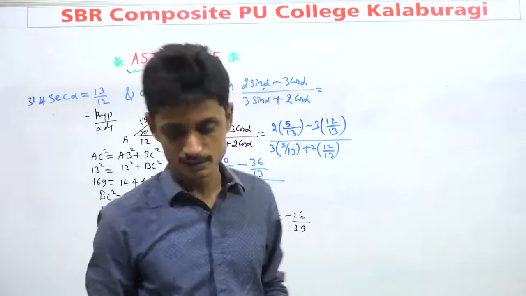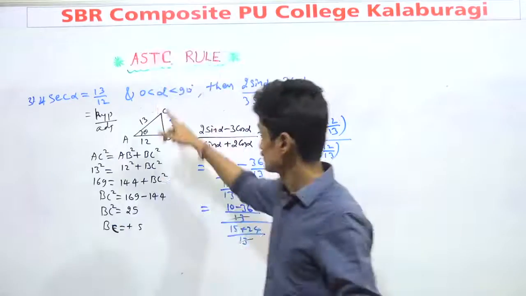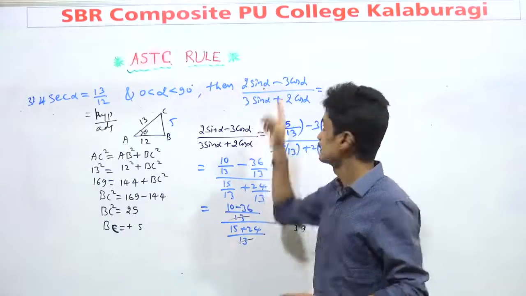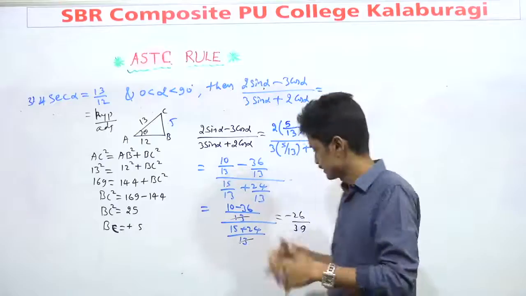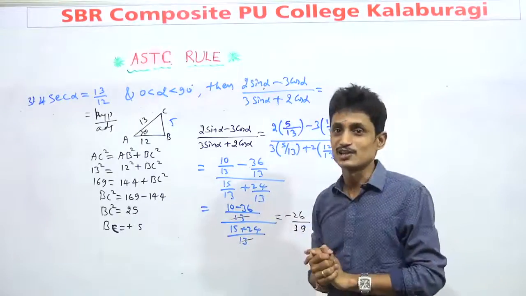How did you get a negative quantity when alpha is in the first quadrant? Alpha is restricted for the ratios but not for this complete value. The complete value is a simplification of additions as well as divisions. That's why it may be a negative or positive quantity. It does not affect the ratio. Okay, note it.